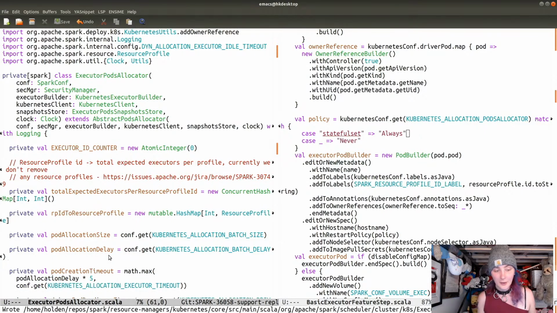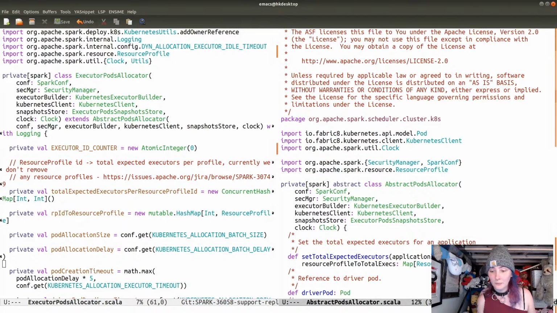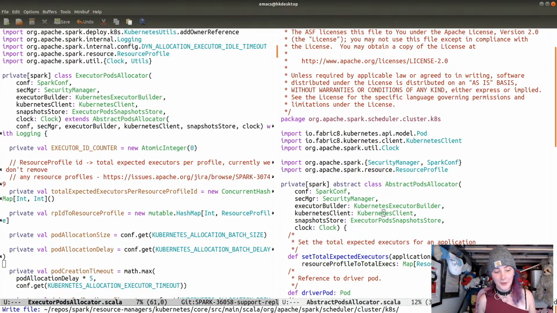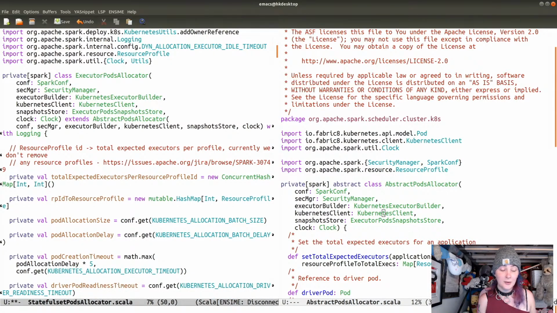And in fact, no, actually, we're going to call this stateful set pods allocator.scala. Okay. And so for stateful set pods allocator,